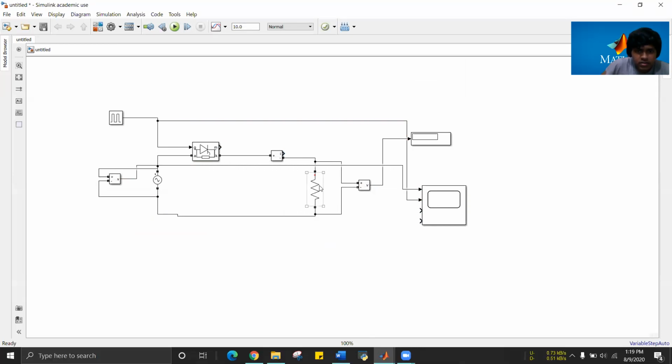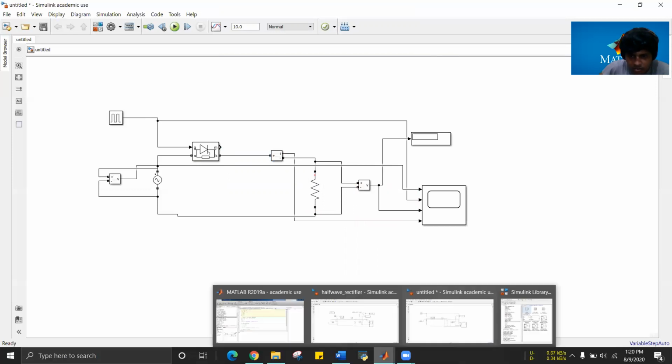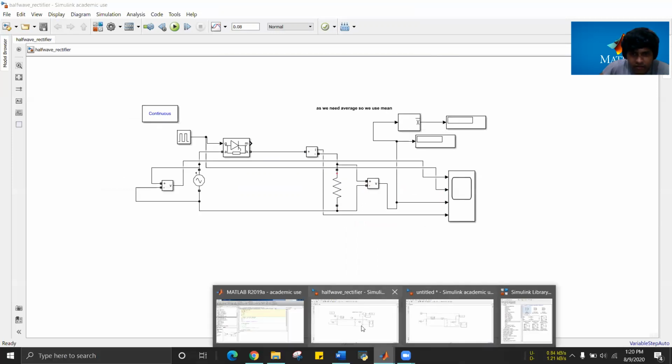Third feed would be from the output. Fourth feed can be from the current measurement or ammeter. So I'll just check if that's right according to the manual that we have.